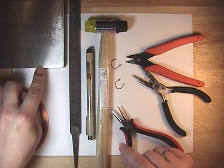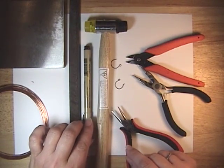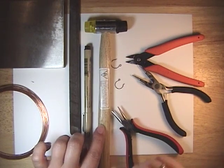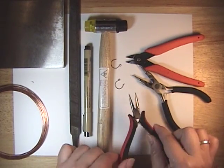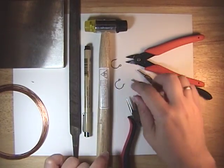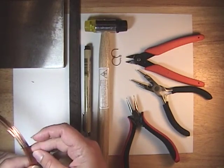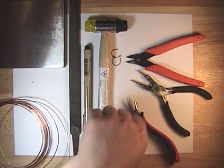Also, you'll need a bench block, a file, something to wrap your wire around to make your ear wire, a plastic hammer, a pair of chain nose pliers, round nose pliers, and wire cutters. So first thing that we're going to do is we're going to cut off a length of our wire